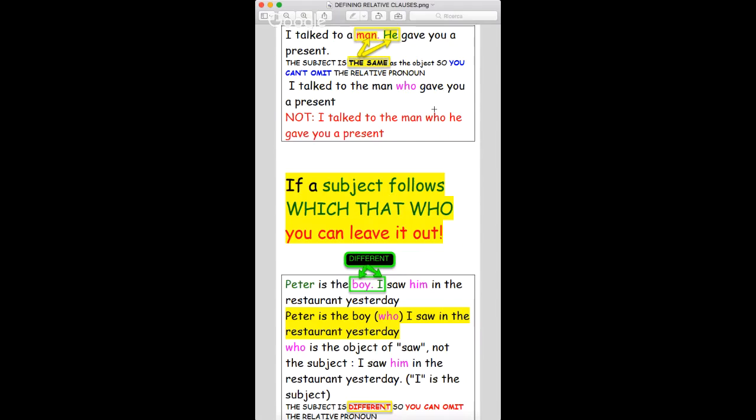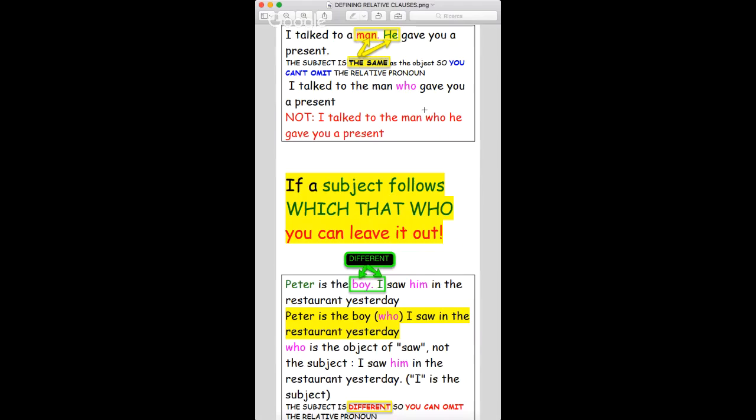Or another example is, Peter is the boy I saw in the restaurant yesterday. I can't just say Peter is the boy because which boy? I'm talking about that specific one that was in the restaurant yesterday. Instead, the